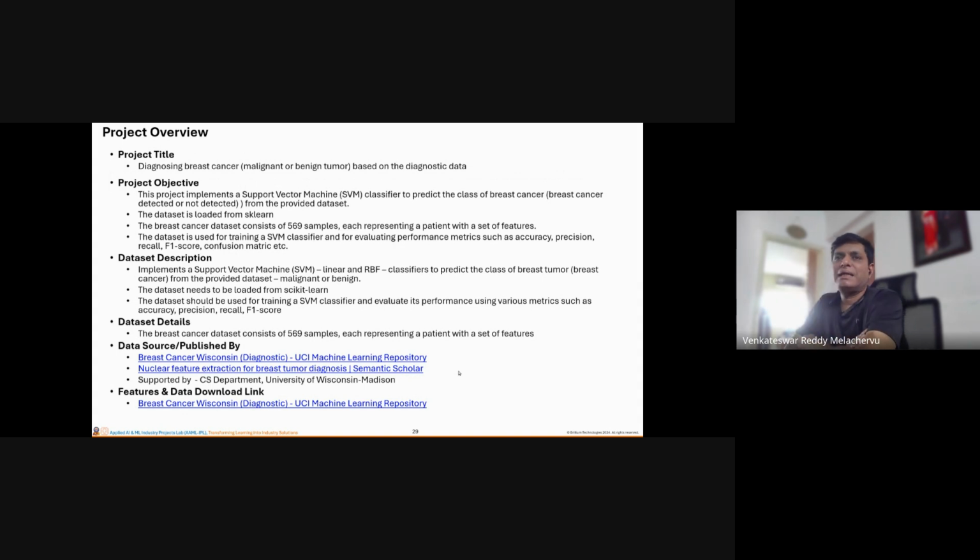based on the diagnostic data, which is described using numeric values, 150 or 100 parameters. This data set is available readily in scikit, and I've also given descriptions today. So let's first understand the objective. We should implement an SVM, preferably linear as well as RBF, to classify the given data sample,